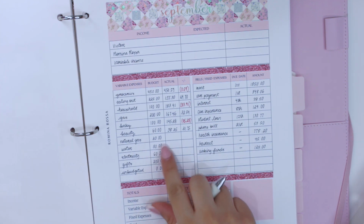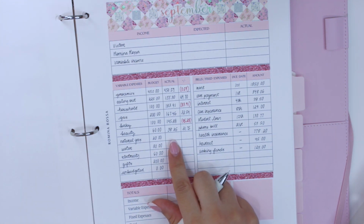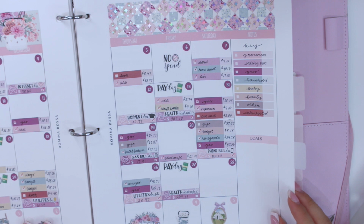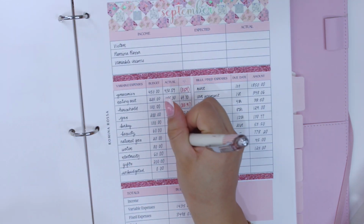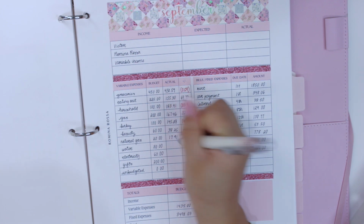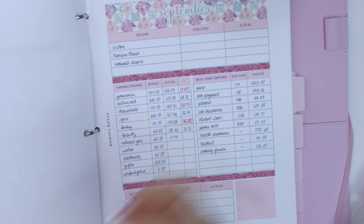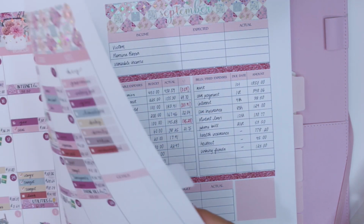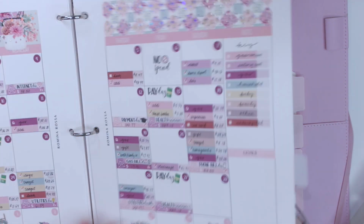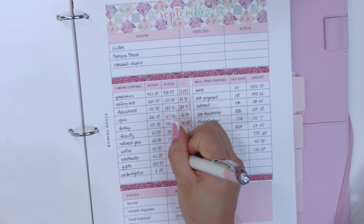And now for natural gas, we ended up spending $17.91. I'm going to do this first and then I'll do the variances. Water, we spent $22.97. Electric, we spent